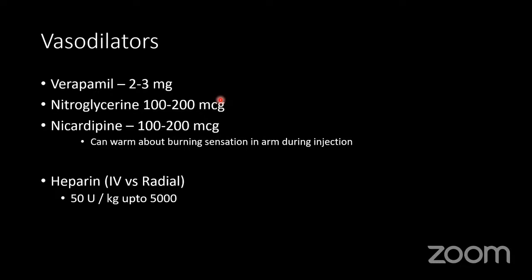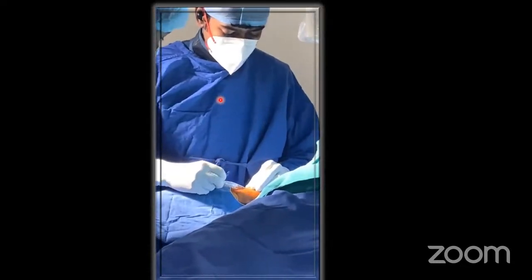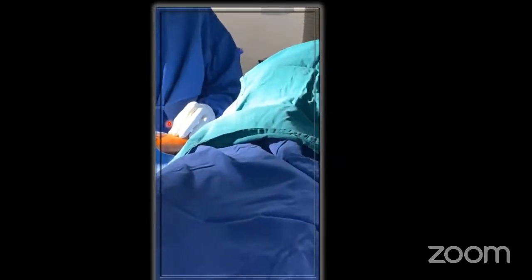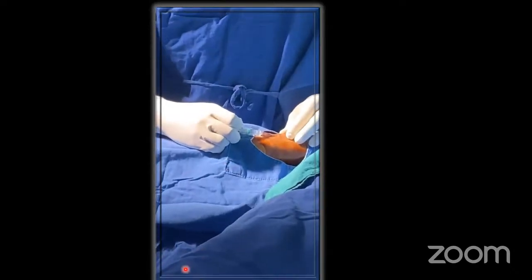And nicardipine is another medication which can be used. We may warn the patient about a burning sensation which can happen during injection. Along with that, heparin is also given, at an amount of 50 units per kg, up to 5,000. So this is what we do at our institution, giving local anesthetic,